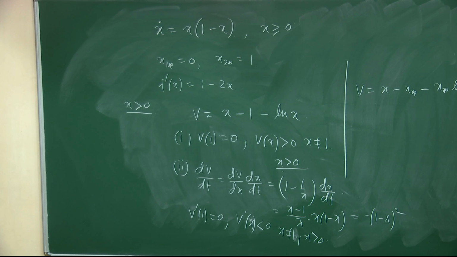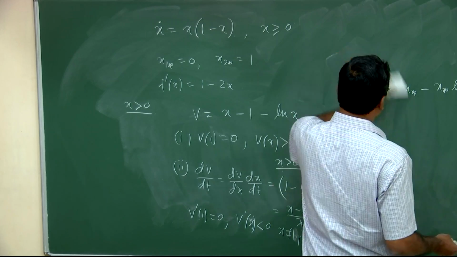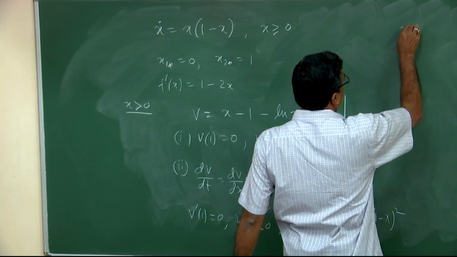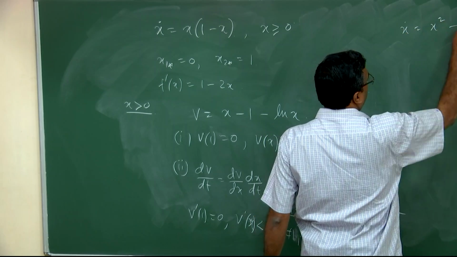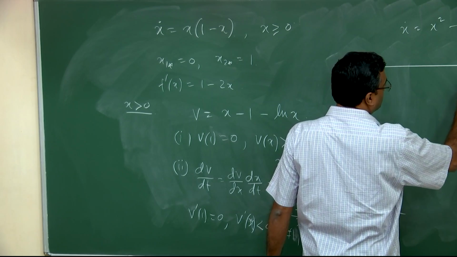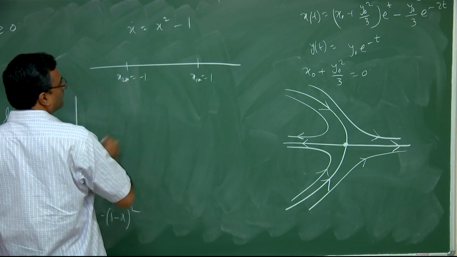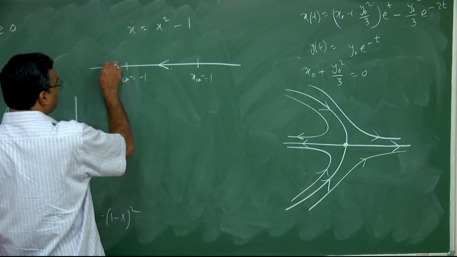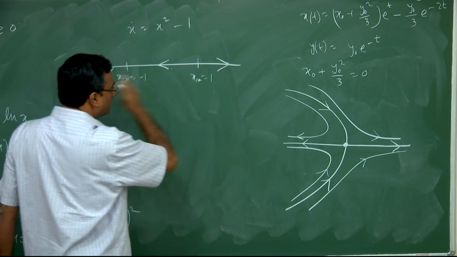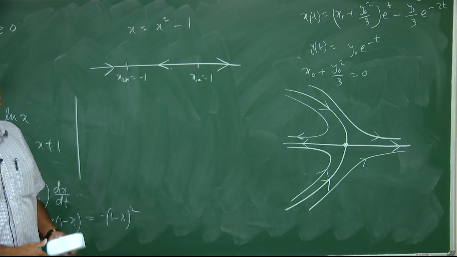No, in that case, the nature that you are talking about in this problem is x dot equal to x square minus 1, right. Actually what will happen on this line: if you consider this is your x1 star equal to 1 and this is x2 star equal to minus 1, the nature is this one for the entire domain, that means minus infinity to plus infinity,